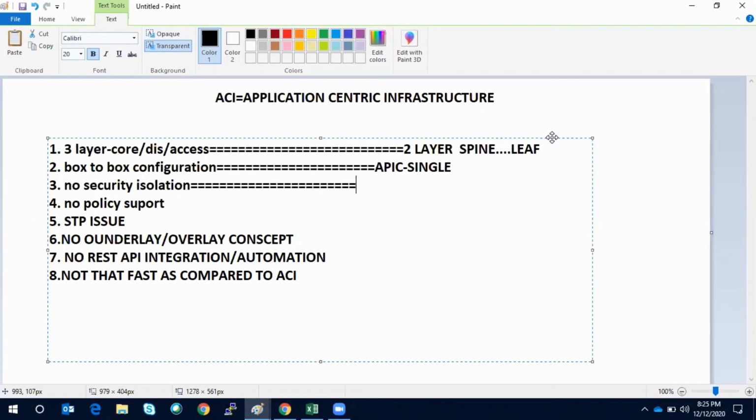So not exactly, but yes, if you want to compare, in traditional networking there is a collapsed core model, that means a 2-tier only, core and access. So you can say spine is acting like a core and access is acting like a leaf. But it would be unfair to compare exactly like that. For your understanding, you can say that.